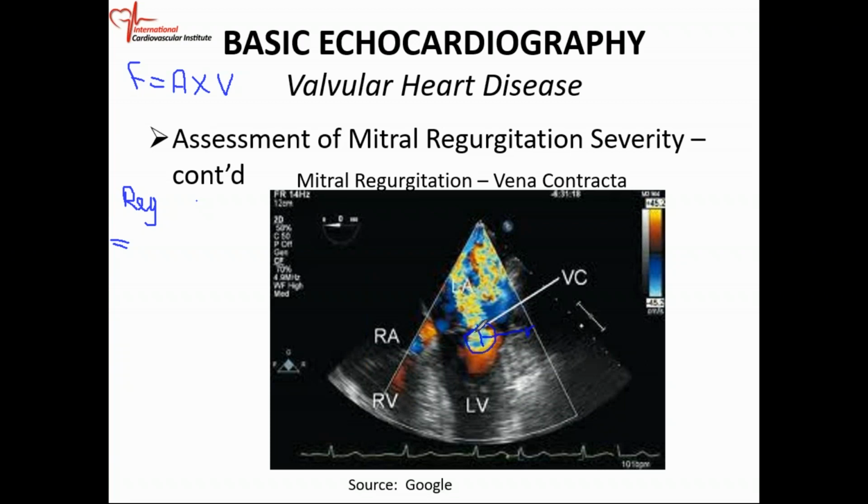It's not a fixed area, because if the regurgitation increases, the EROA is going to increase. If the regurgitation decreases, the EROA is going to decrease. So it is the area at or close to the vena contracta, the area through which you get this regurgitation going through. So the regurgitant flow is equal to the EROA